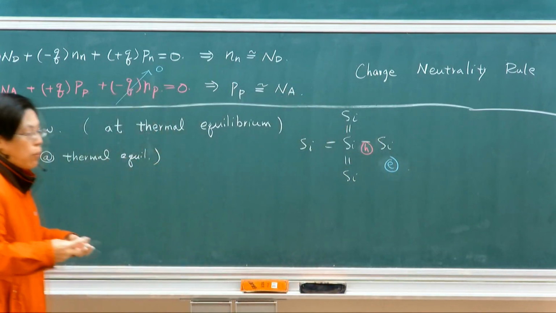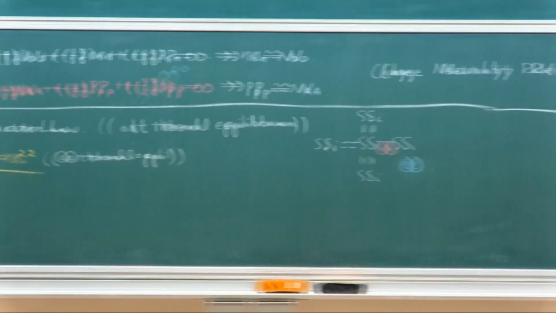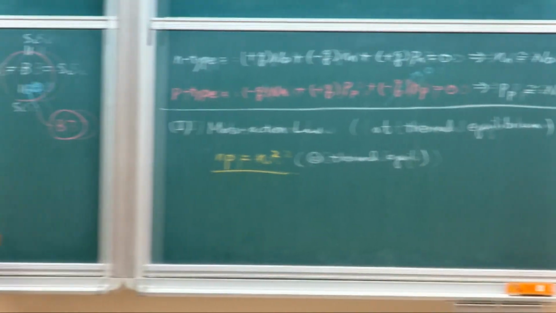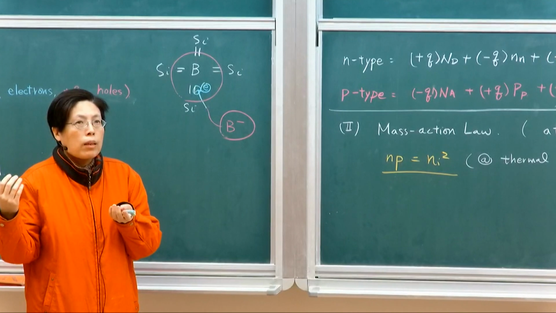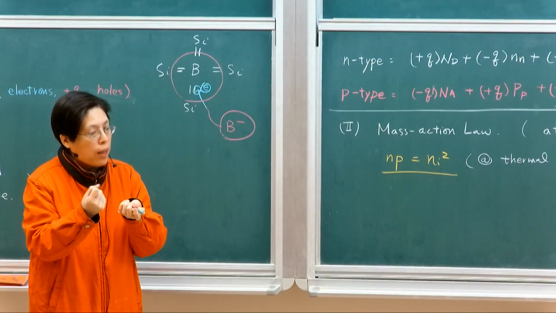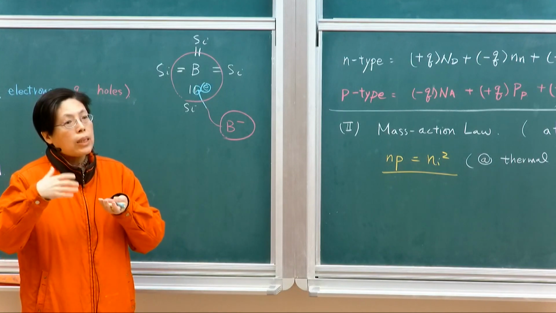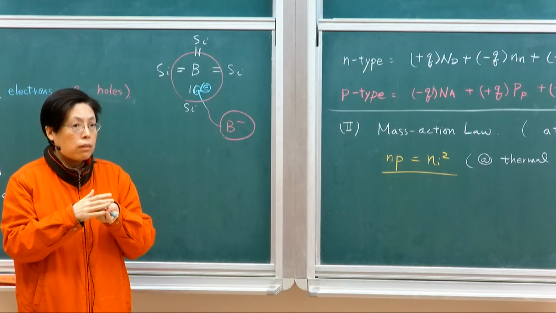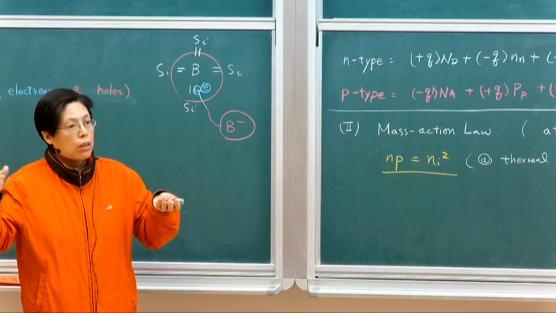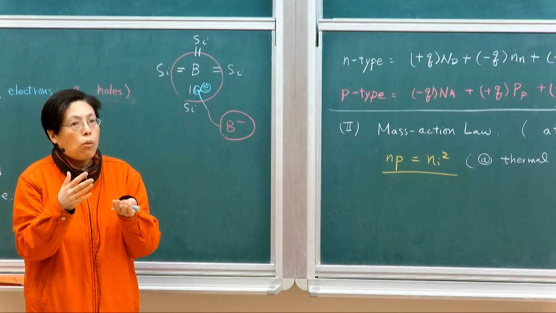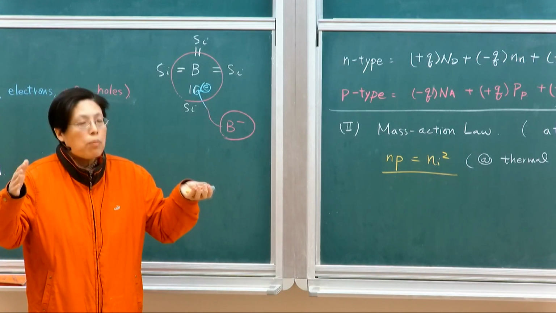Okay? There's a thermal energy that breaks the covalent bond, so then you get these free electrons. But the number of free electrons will not continue to increase, because once the numbers of electrons and holes increase,